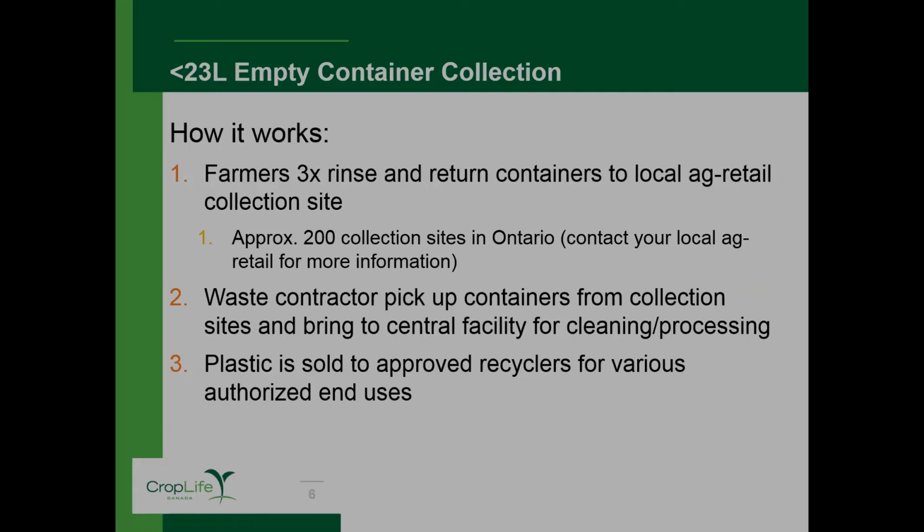And upon those containers being empty and triple rinsed, bring them back to your local ag retailer. There's approximately 200 container collection sites across the province. Just contact the local ag retail where the products were purchased from, and they'll be able to provide you applicable program information. If they aren't a collection point, they can certainly point you towards one that, or an ag retail